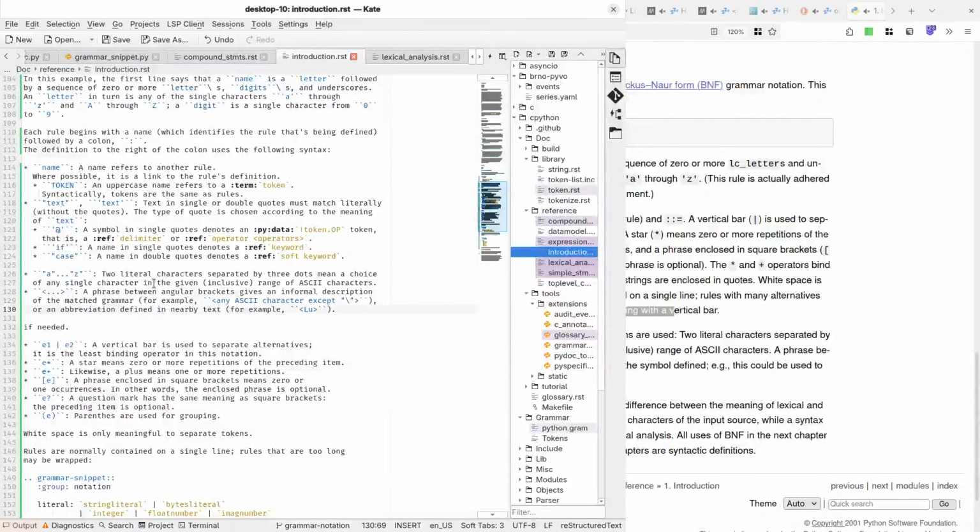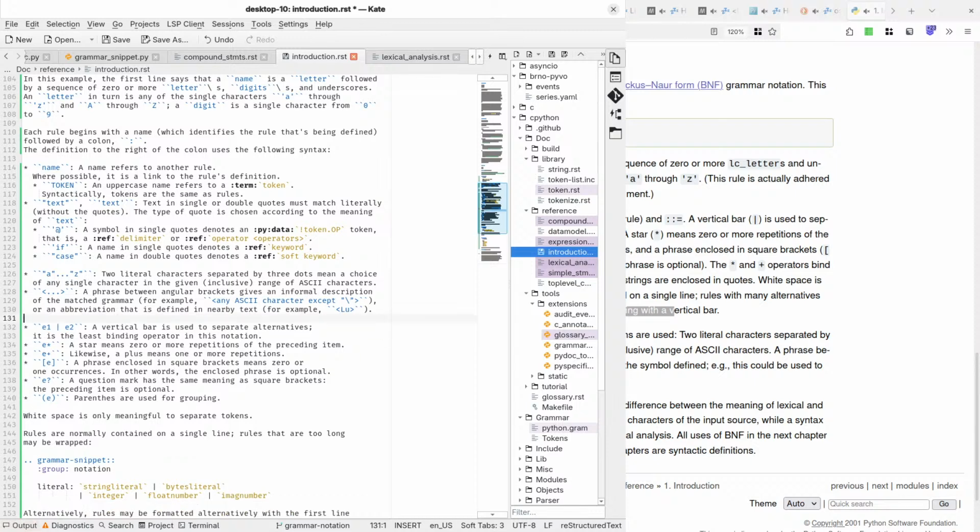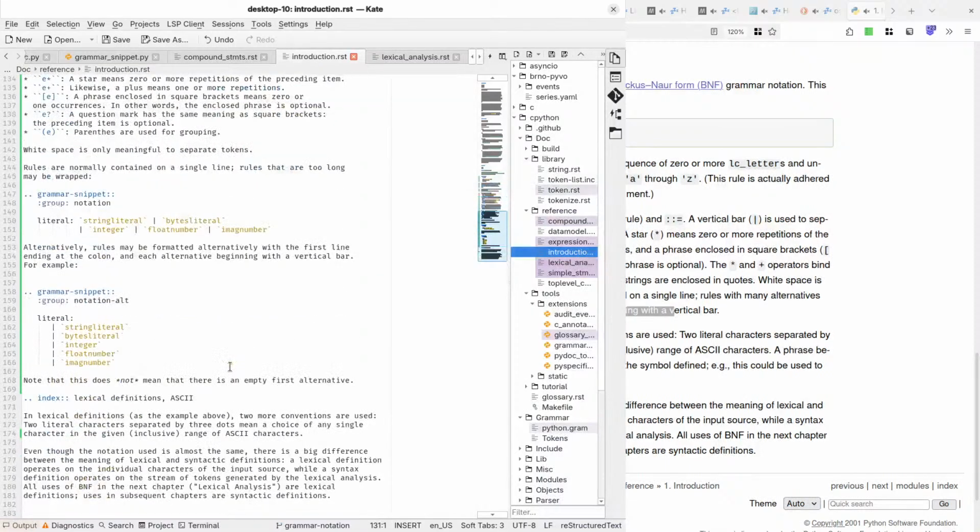It's probably fine like this. Notation is.